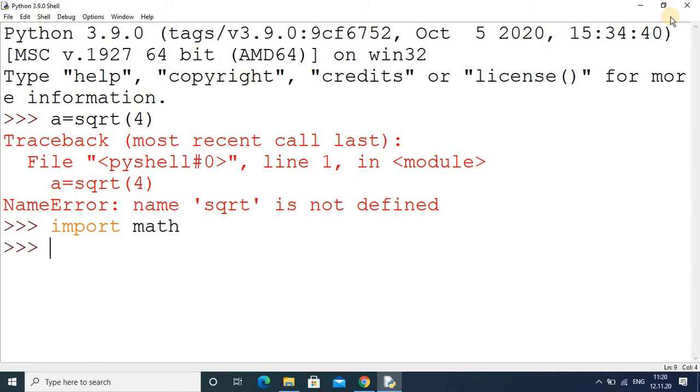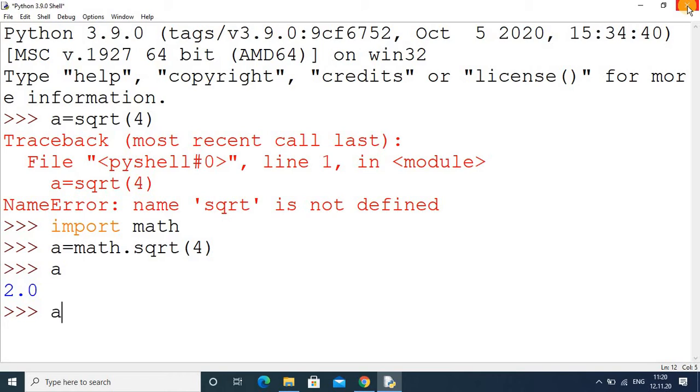So after this you have to write a equal to, you have to use math dot, and once you use dot, whatever functions are available, you can see them. So I want math dot, suppose square root, you see square root is there downside. So I want the square root of 4. I am taking a simple number. Square root means, suppose 2 power 2 is 4, so the square root of 4 is 2. So you see the answer of this is 2. Okay. So in this way you can do it.